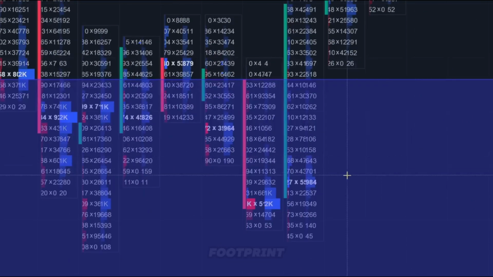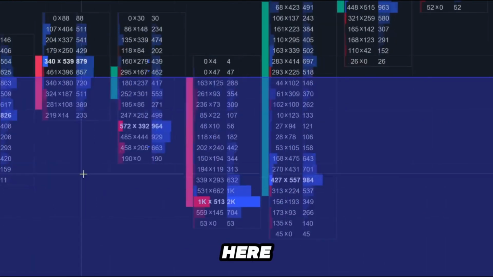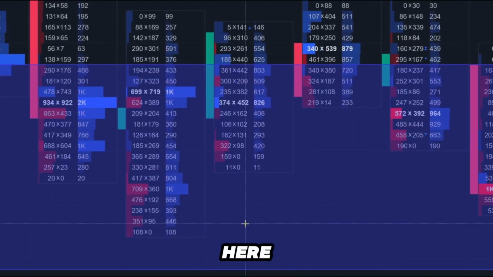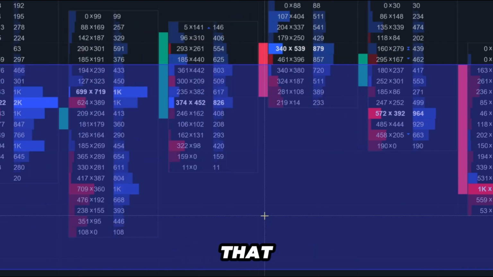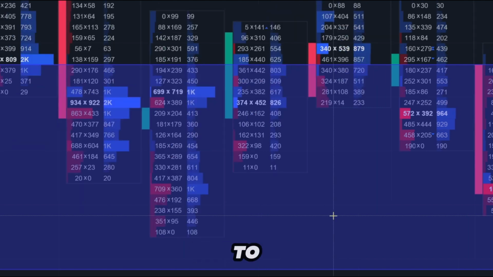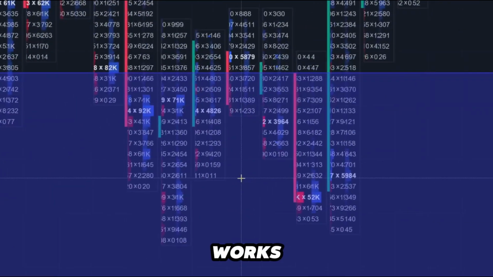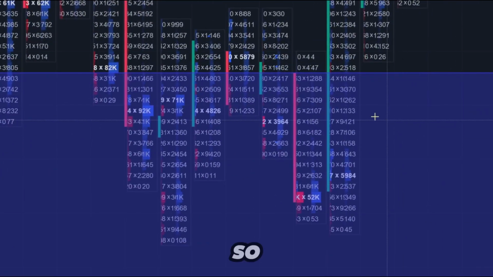You can even see from the footprint chart, we have so many aggressive sellers here and we have so many aggressive sellers here. So if we have a lot of aggressive sellers, if the volume is telling us that sellers are aggressive, well, what does that mean? The volume is corresponding to aggressive sellers. So if aggressive sellers are trying to drive price down, what that means is that there's passive buyers popping up in this region, right? So I want traders to understand this in terms of how a key level actually works. There's so many aggressive sellers in this region. So now if we